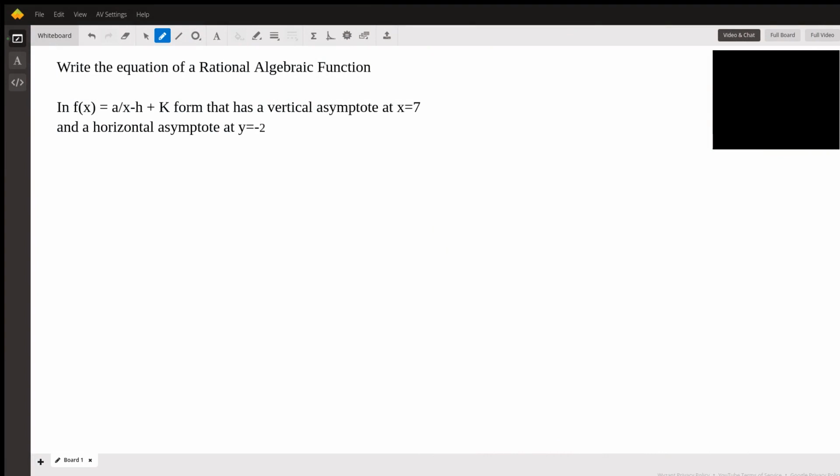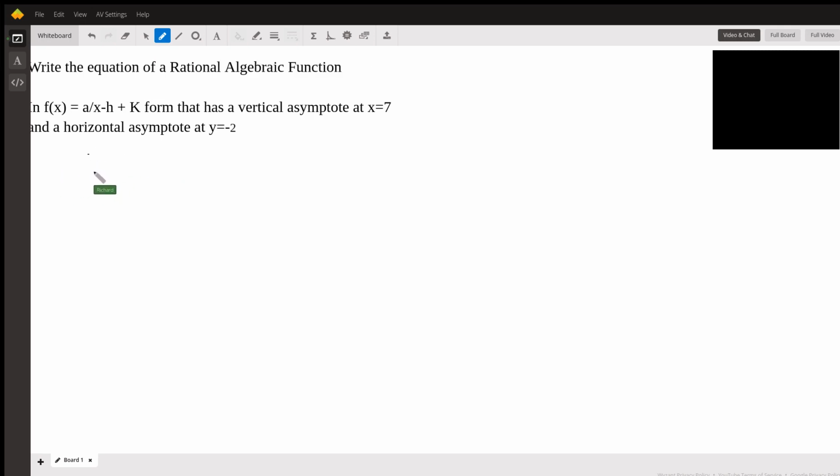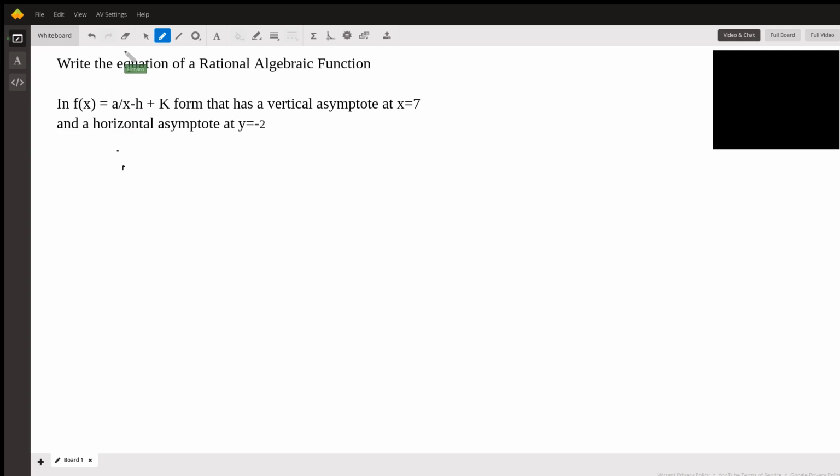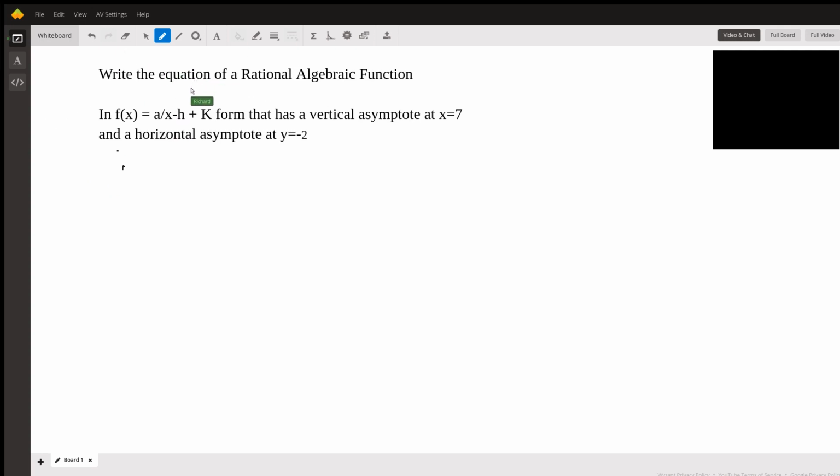This is coming from Algebra 2, something called rational expressions. A rational expression can be written as the ratio of two polynomials, p of x over q of x,